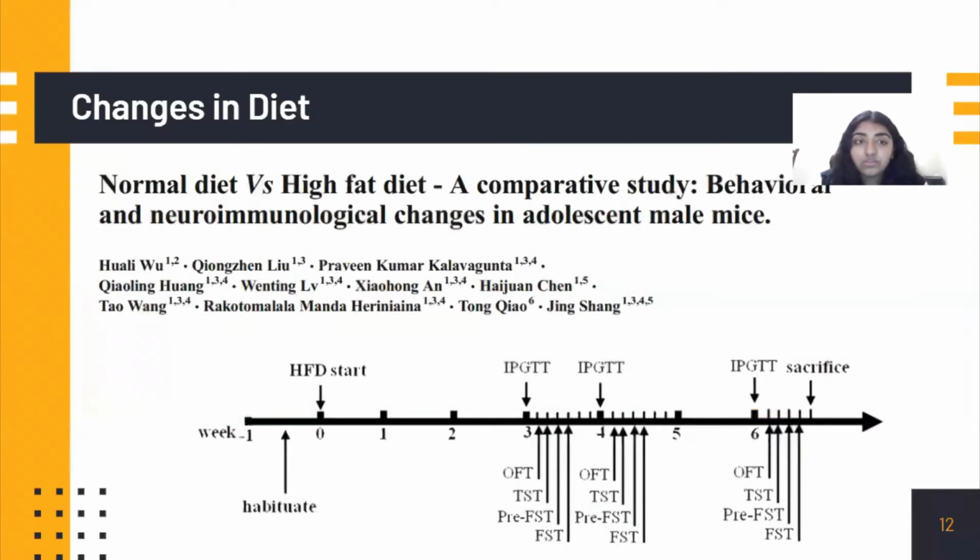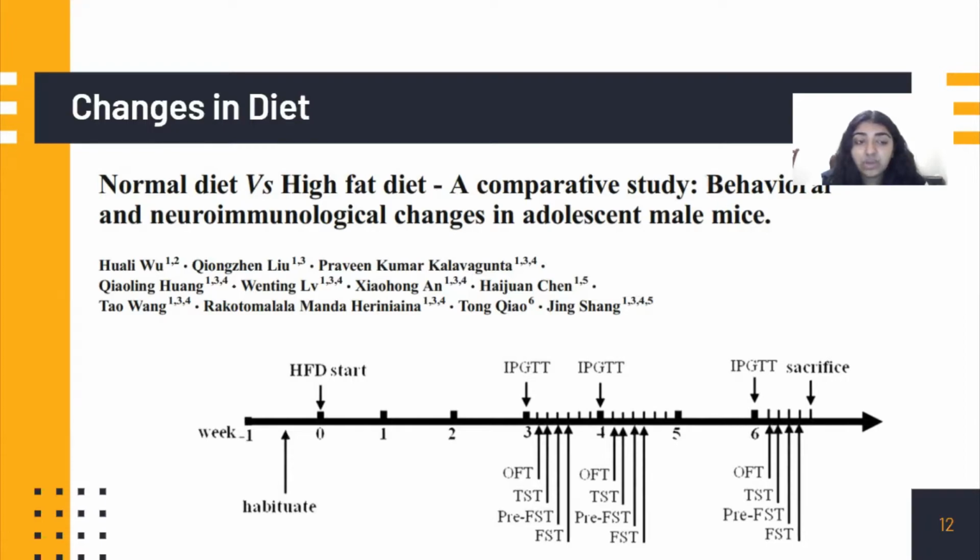The first model of depression that I wanted to talk about was the changes in diet model. Basically, as the name suggests, their diets are changed in order to induce depression. The most common way that researchers do this is by giving half of the mice a normal diet and half of the mice a high-fat diet. And a really good example of this